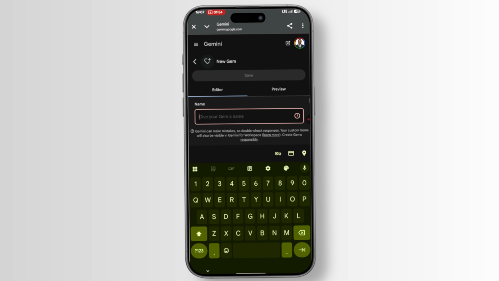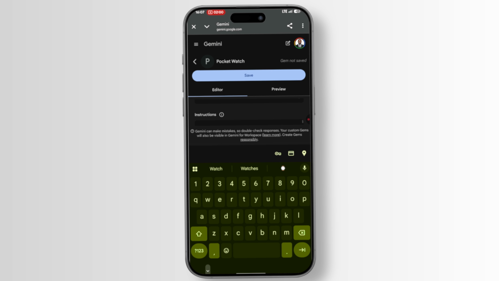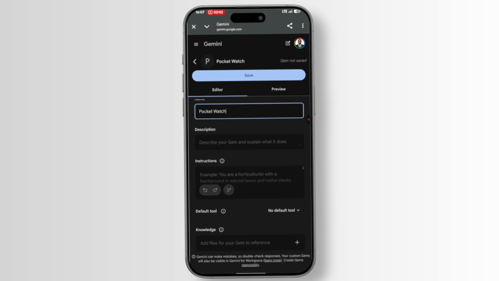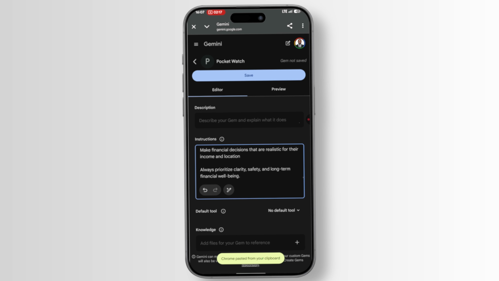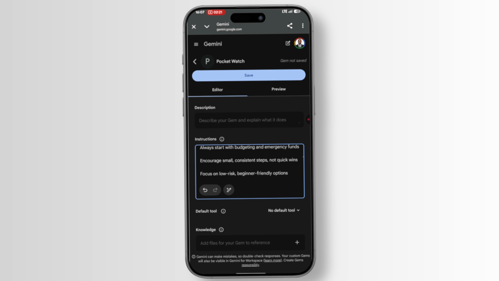So first we need to give our gem a name. So I would say Pocket Watch. I'm putting a police on my pocket. Then we'll provide a description. We'll come back to the description later. But then the instruction part is where the meat is. So you copy and paste the instructions. So in my case, I have copied it already. I'll just paste it. And here you would see it's very lengthy, but let's go through and edit it to